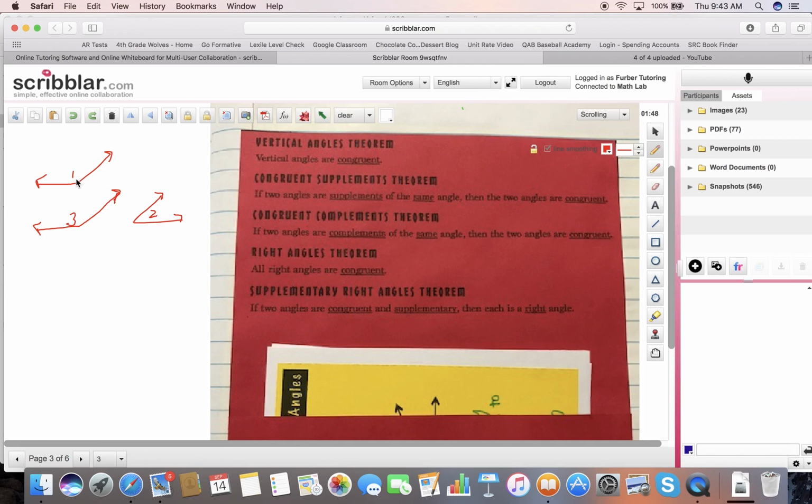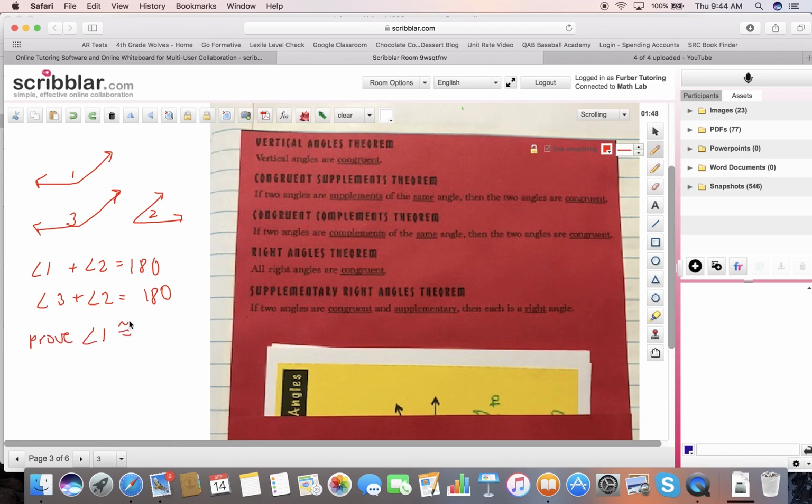If you were told that angle 1 and angle 2 are supplementary, and you're told that angle 3 and angle 2 are supplementary, and you're asked to then prove